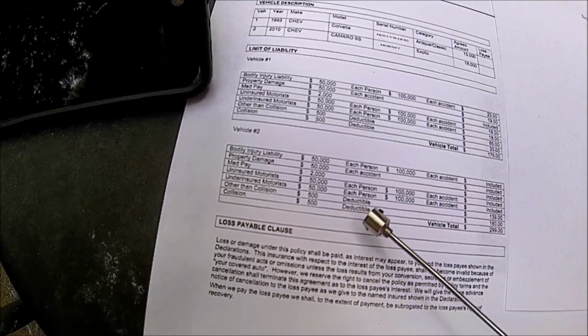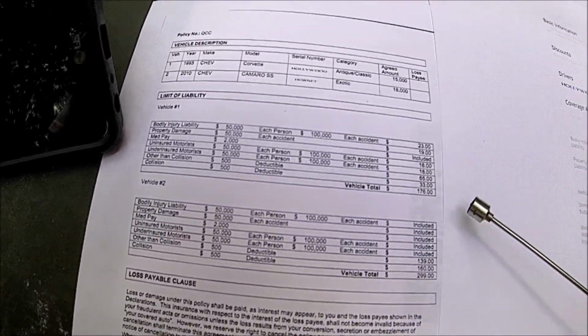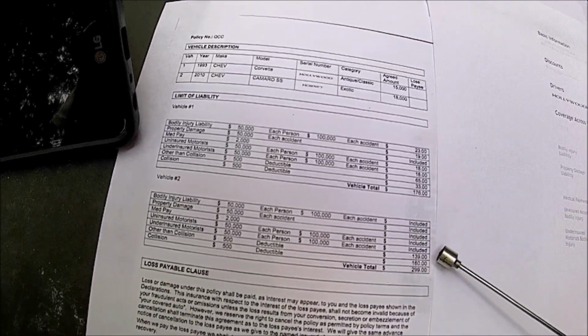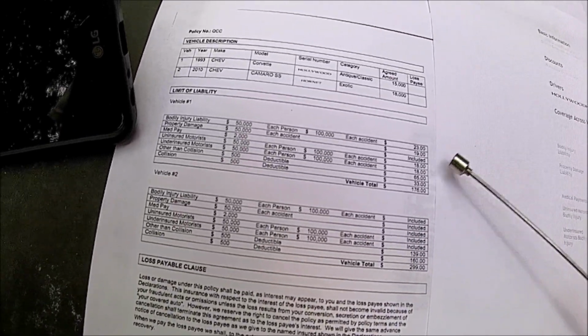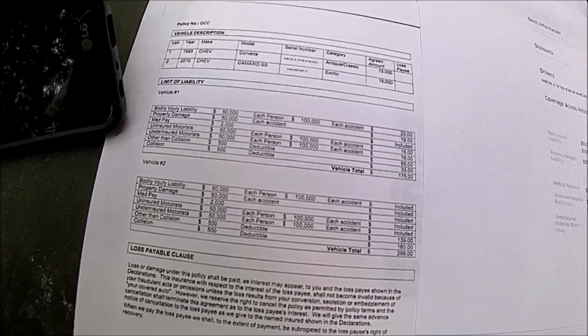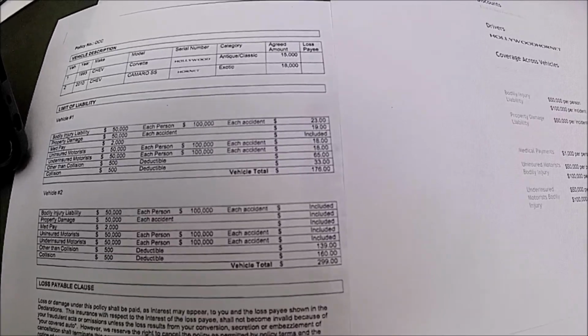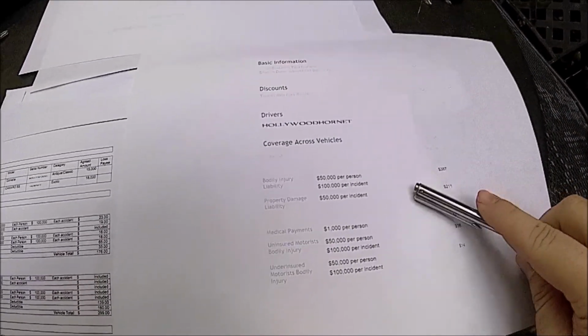The Camaro, we got the same coverage. All this says included. I'm assuming that's because I already have that on the Corvette. I did insure that with these guys first. Up until this year, I actually had the regular insurance on the Camaro, and I was paying